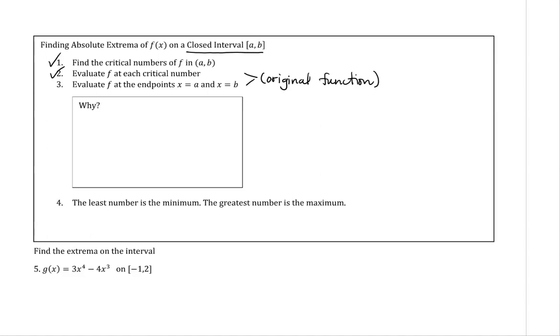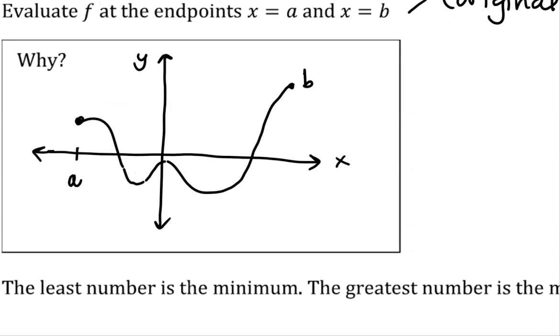Number 3 tells us that it's not sufficient to just evaluate the function at critical values. We also have to evaluate the function at endpoints, and I want to draw a picture to show you why. Let's say we have a function on some closed interval that starts here at A and then goes to B right here. Well, we can see that we will pick up some critical values in between, because I do have some places where the derivative is equal to 0 and we have some relative extrema. So those 3 x values right there, and right there will be included as critical values,